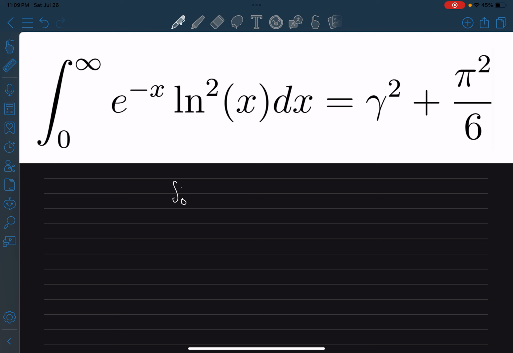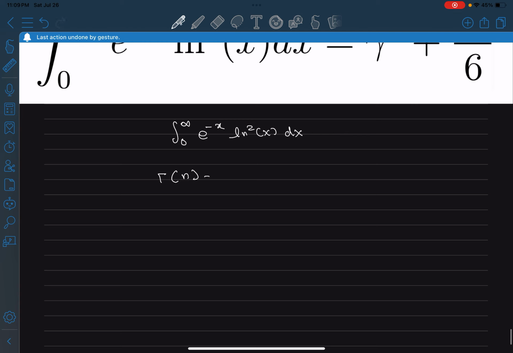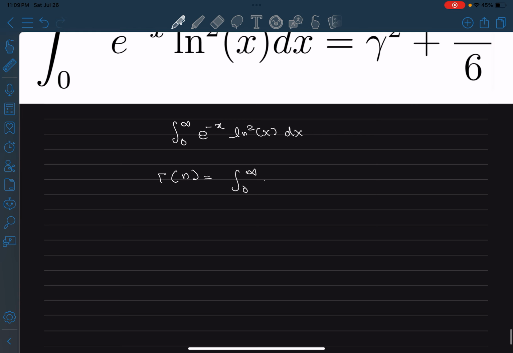There's this integral from 0 to infinity of e to the power minus x ln square x dx. This might remind you of the integral for the gamma function, because gamma of n is the integral from 0 to infinity of e to the power minus x times x to the power n minus 1 dx. Now, if you differentiate this integral twice with respect to n, what you basically get is